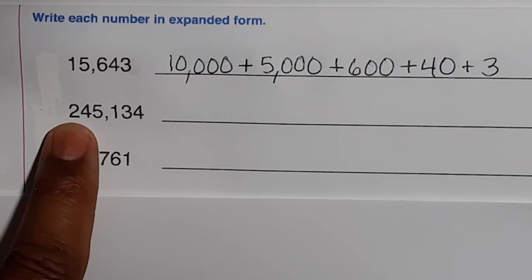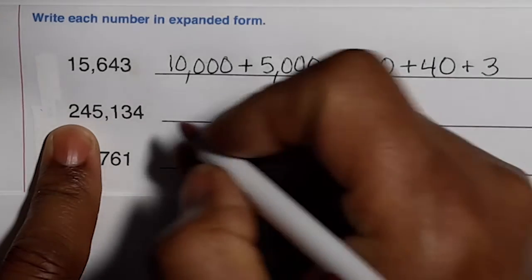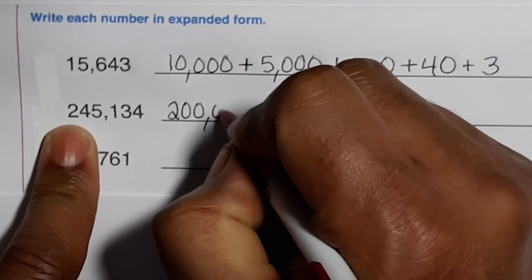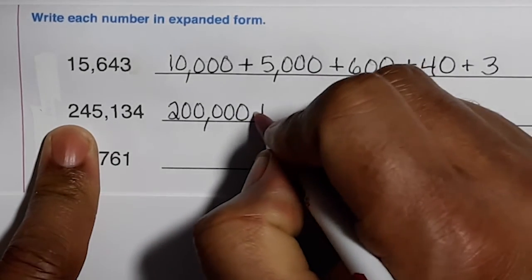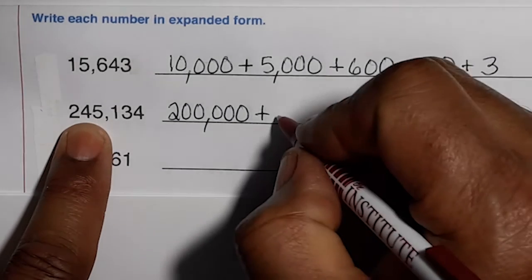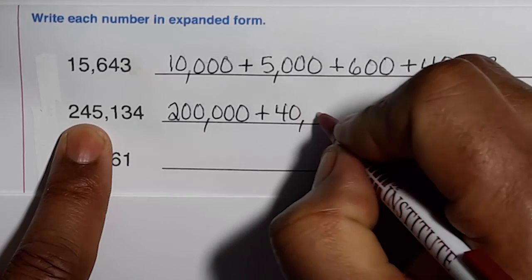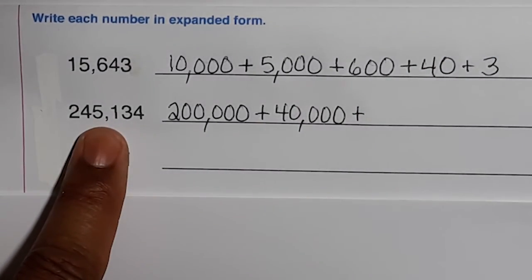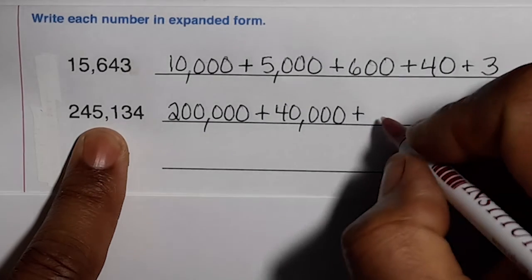What position is this 2 in? That's correct, the 100,000s place. So we would write 200,000 plus the 4 is in the 10,000s place. So if it's 4, we would write 40,000 plus the 5 is in the thousands place. So we would write 5,000